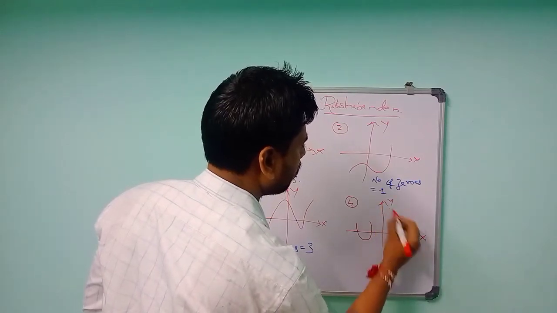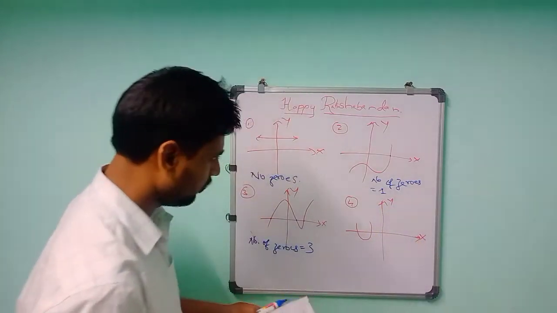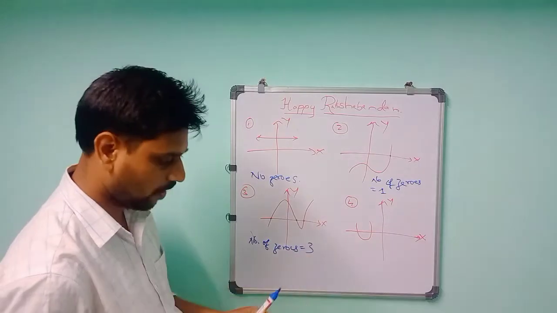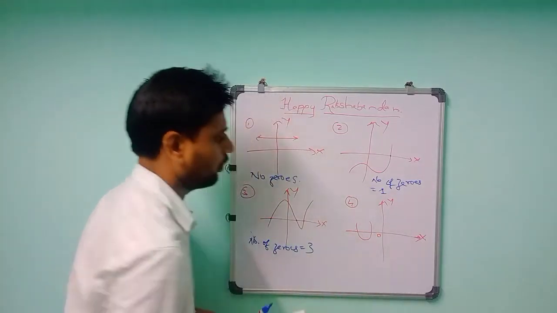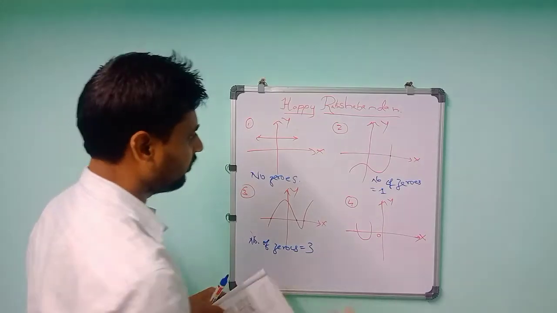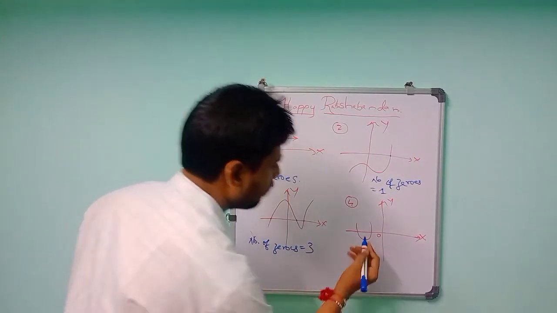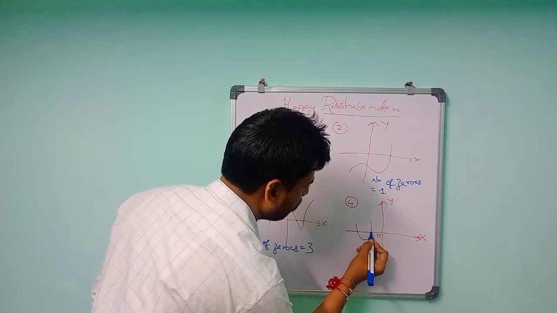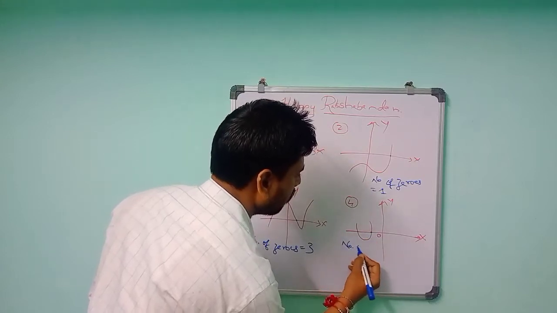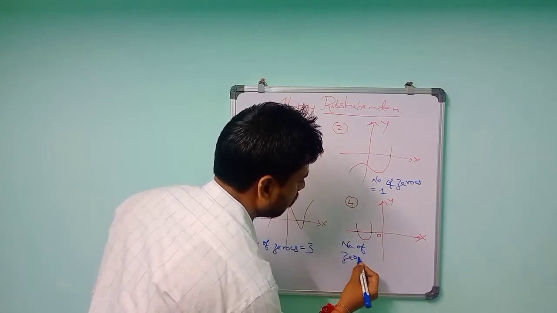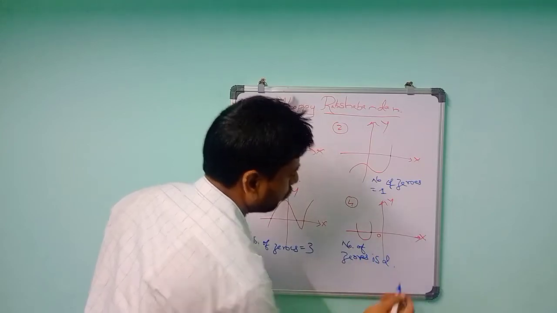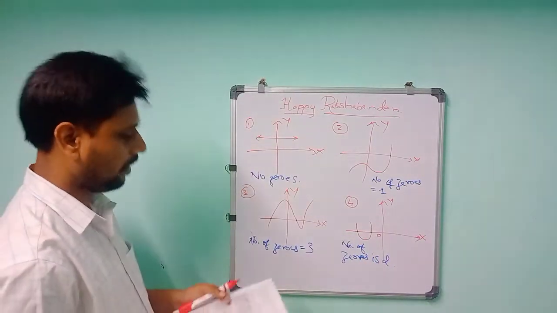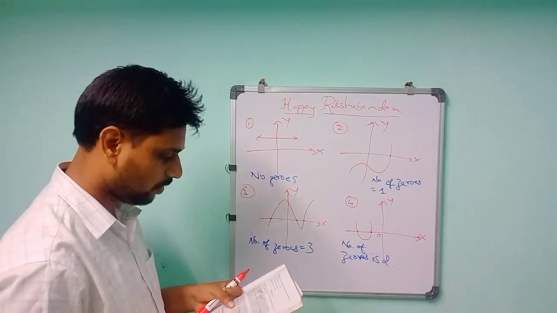X and y. So see the graph here. It is showing a parabola. It is intersecting at 2 points. Here it is intersecting at the 2 points, 1 point, 2 points. So the number of zeros is 2. So like that, fifth one, if you see the diagram correctly,